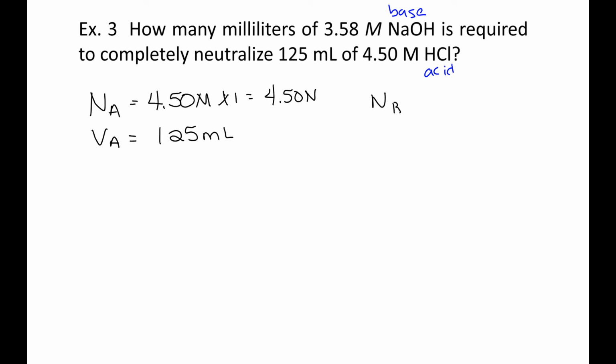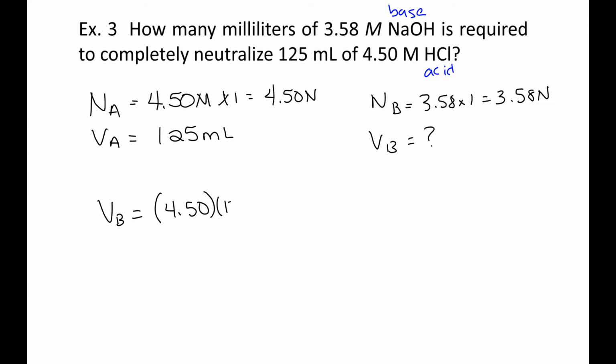And NB is 3.58 times 1, so it's 3.58 normal. And VB is what we're looking for. So VB is 4.50 times 125 divided by 3.58. And when we do this, we get